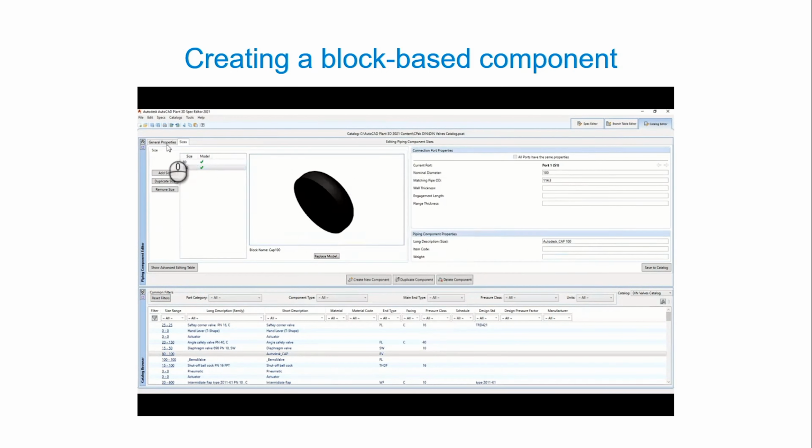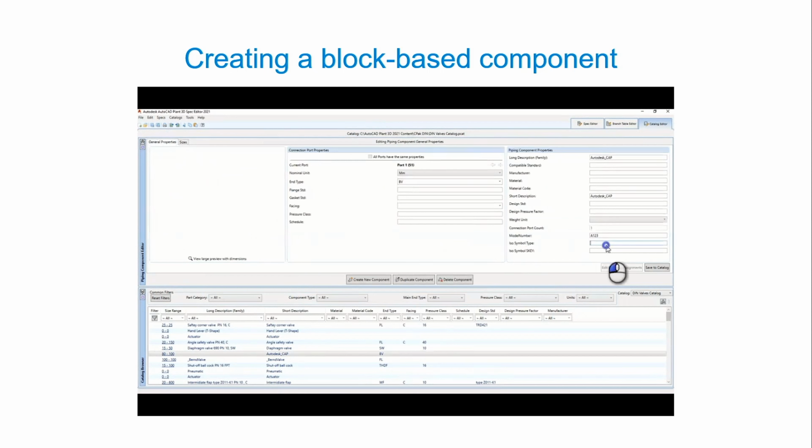The ISO symbol type is a hard-coded type. It is not possible to create a custom ISO symbol type. Look in the handout to see which ISO symbol types are available. In this case, we are using the type cap, which triggers that it closes at the end of the pipeline.